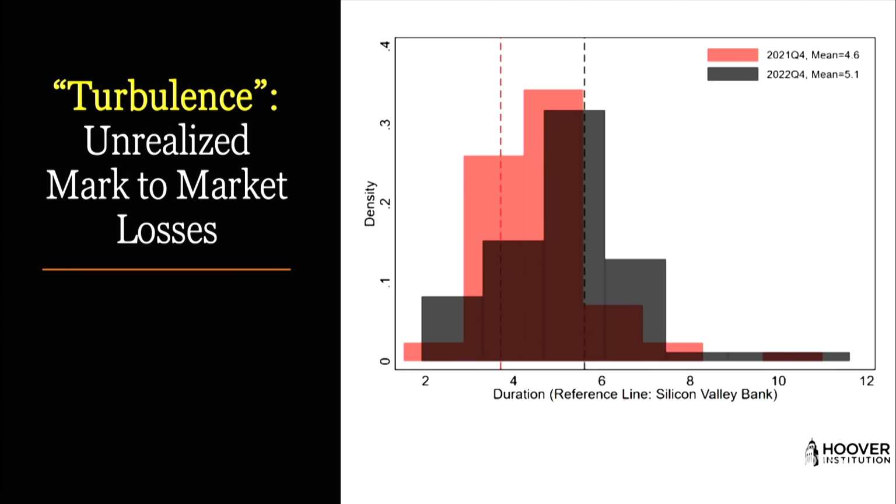You know, yeah, there is this interest rate risk. When there is threat of fire and earthquake, we take insurance. Maybe a lot of banks must be taking insurance. Well, turns out not so much. Okay? A simple way of capturing whether or not there is insurance going on is to think about what are